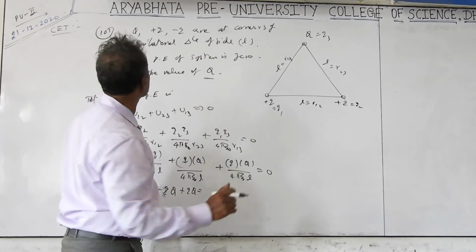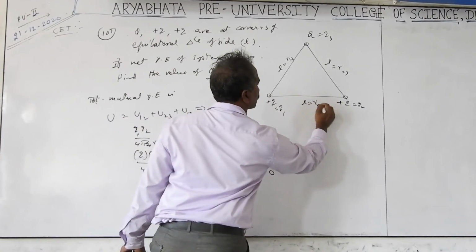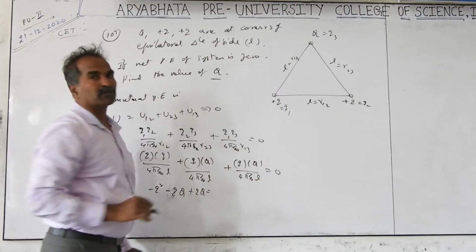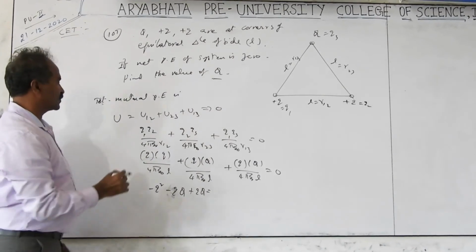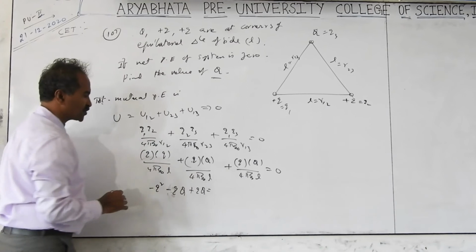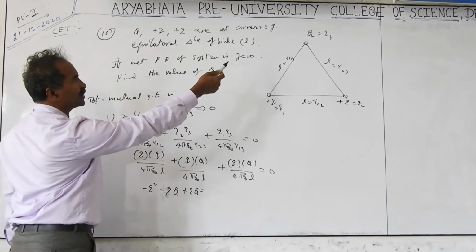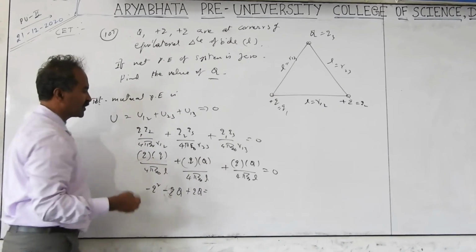But the problem says not minus Q, it is plus Q. Both are positive charges, and the capital Q term you have to find out. There is no minus here, all plus only. In the initial substitutions, Q2 is also plus q, Q1 is also plus q, and capital Q is Q3 that we don't know, that we have to find out.